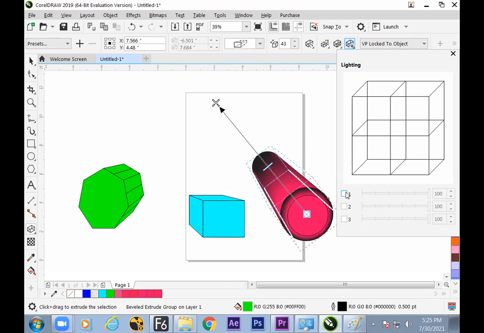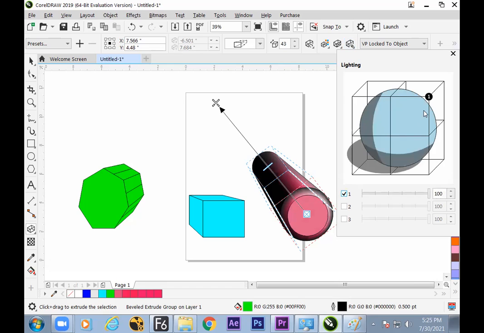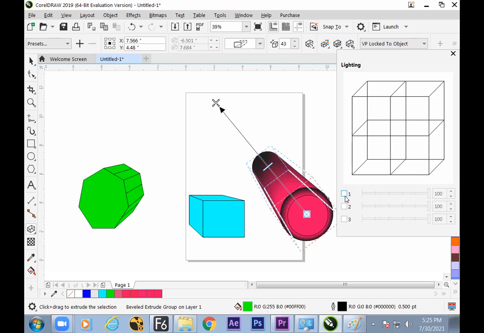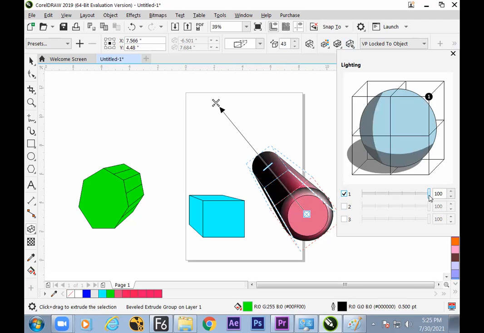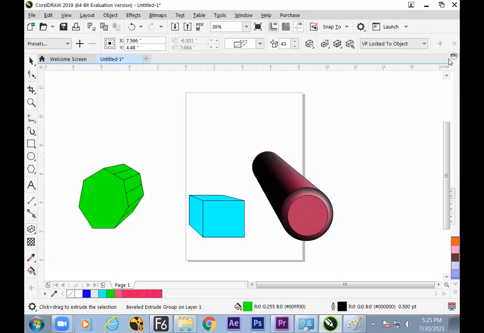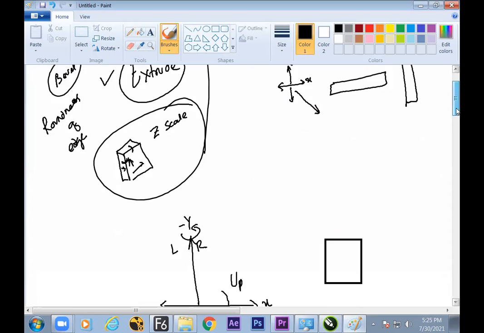In the bevel, yes, we can add more lighting also. So we can put the first light, second light, and third light. By default, a lighting system is there. It adds a little extra value. So hope we have understood now. The extrude option in CorelDRAW does have lighting, texture of gradient, angle of coordinate system. 3 things are under your control.